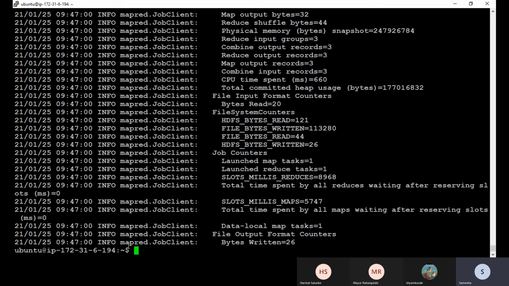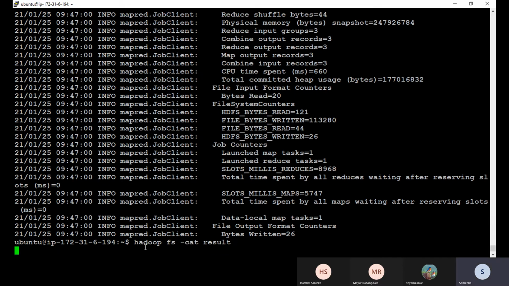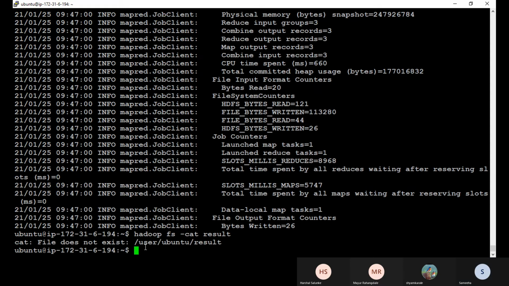Now we have to go to that result file. Maybe cat result. Hadoop fs -cat result. Try tab. File doesn't exist.